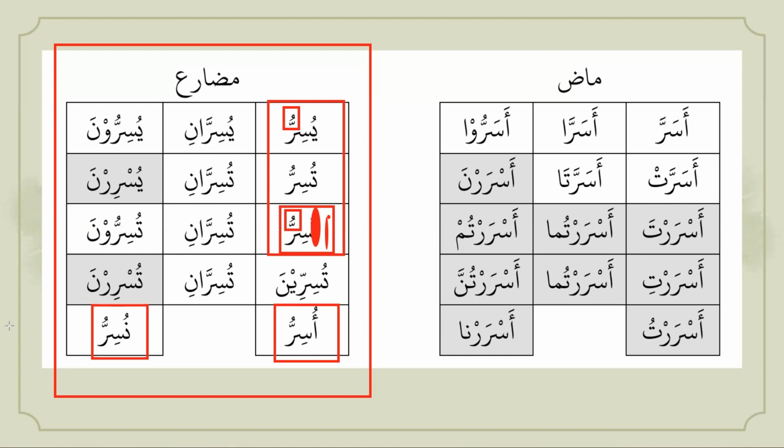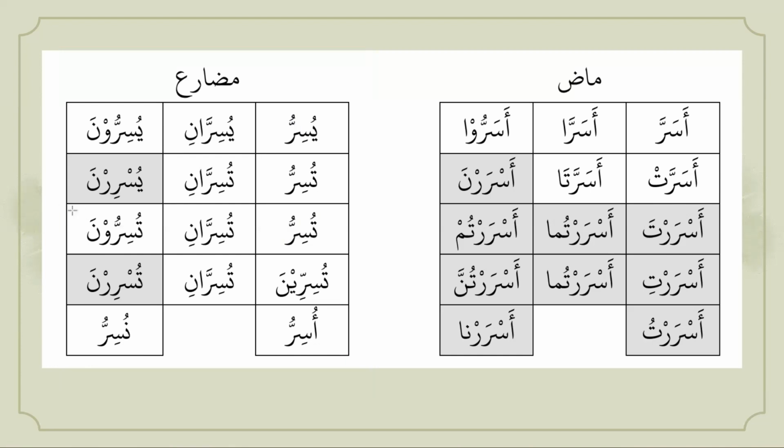Okay, and you know commanding and forbidding come from only six sigat, six forms: Anta, Antuma, Antum, Anti, Antuma, Antunna. And why do the three different forms of commanding and forbidding not happen with these sigat, these forms? Because to make it like this, you just have to drop the noon. This group is the one where the noon comes, noon goes. You just have to drop the noon to make it majzoom. That's why there is only one majzoom or one lightest form.